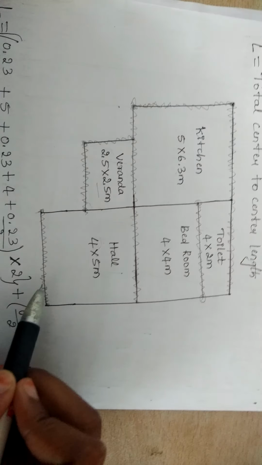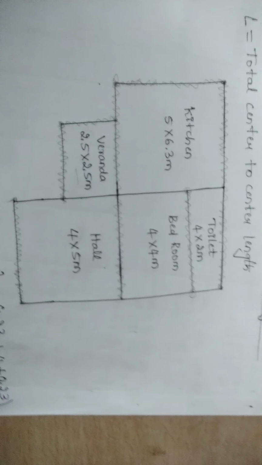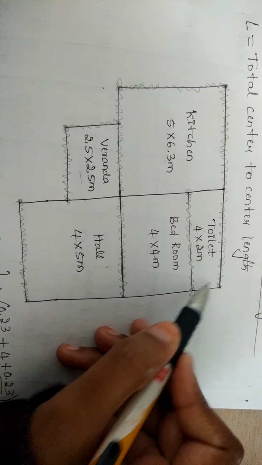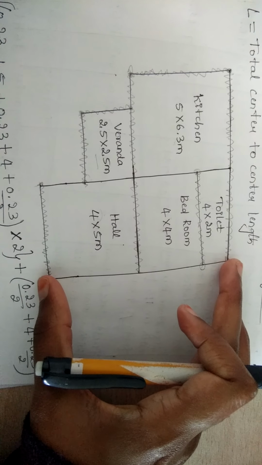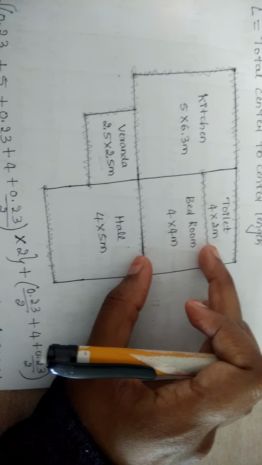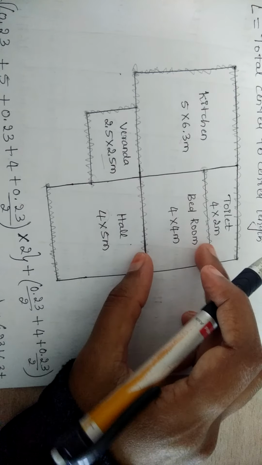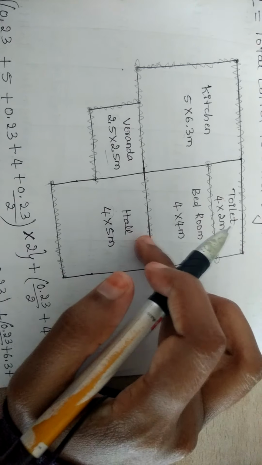Similarly, I will be finding this bigger vertical wall now. To find that, I will start with this corner. This is 0.23 by 2, plus 2 meter. So for the toilet room, you have a vertical clear distance of 2 meter. You add that with 2 meter, plus. See, now this wall comes in between this. This is the edge to edge length of the wall. Whatever wall you get in between, the complete thickness of the walls has to be considered. So these two walls come in between these two. That's why I will be taking the whole thickness of these two walls.